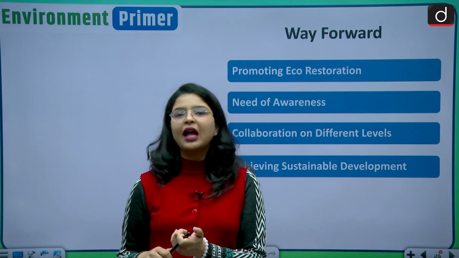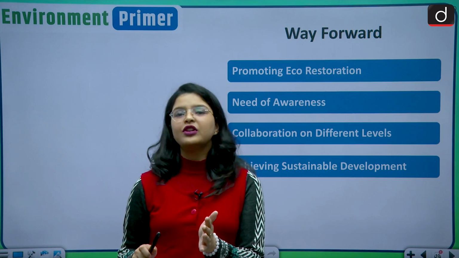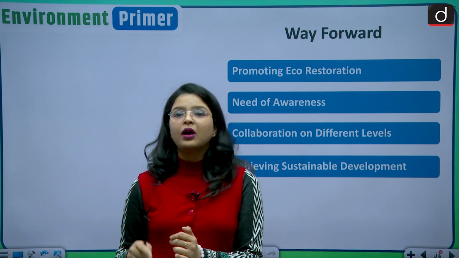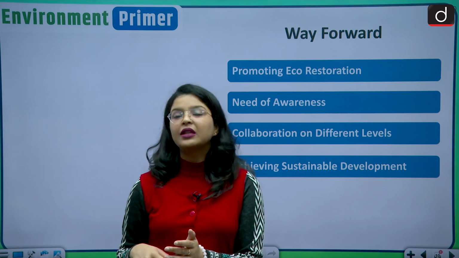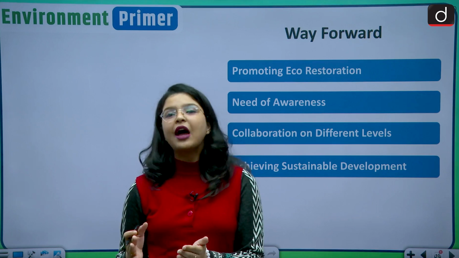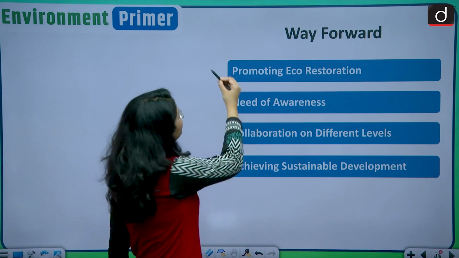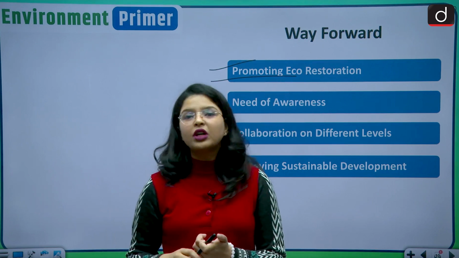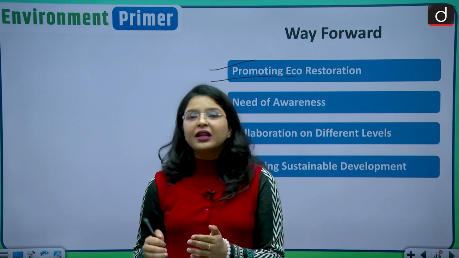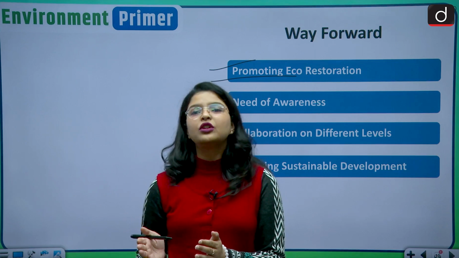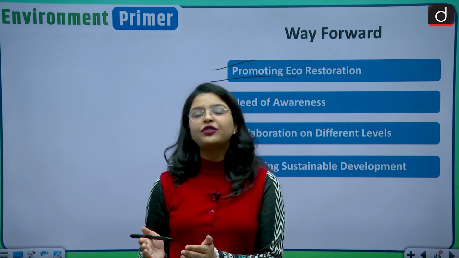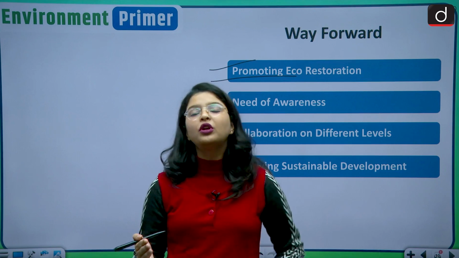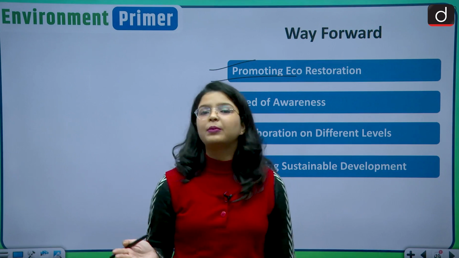See, on one hand we have the conservation of biodiversity in our hand. On another hand, we have to see that yes, we are able to take concern of the community as well, the states as well. So both the sides have to be balanced out. So there is a need for promoting eco restoration. So for example, afforestation programs, another program such as conservation, creating awareness about conservation efforts, creating awareness about afforestation, and there is a need to promote the conservation of biodiversity among people as well.